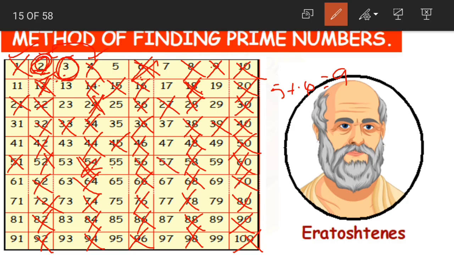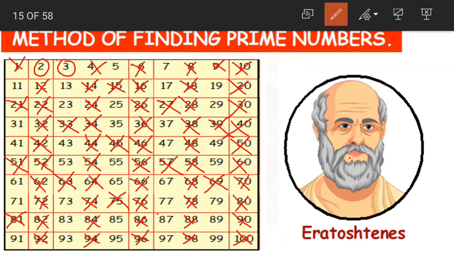Then the next number is 57. 5 plus 7, 12. Then we have 60. Then we have 63, 66, 69. Yes, 72, 75, 78, 81, 84. See, after 84 we have 87. Now what are we crossing out here? Multiples of 3. Yes, children. So every third number after 84: 1, 2, 3. Third number 87 crossed out. Then 1, 2, 3. Third number 90 crossed out. Okay.